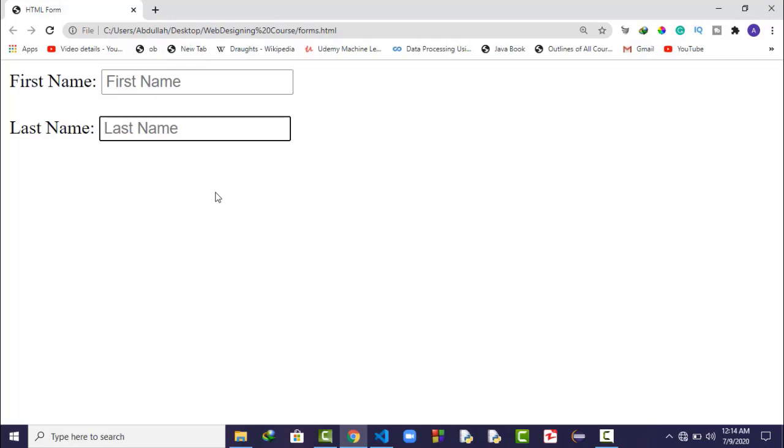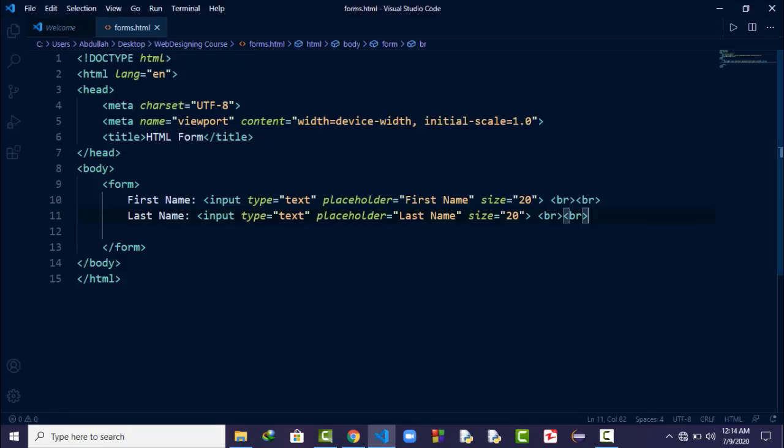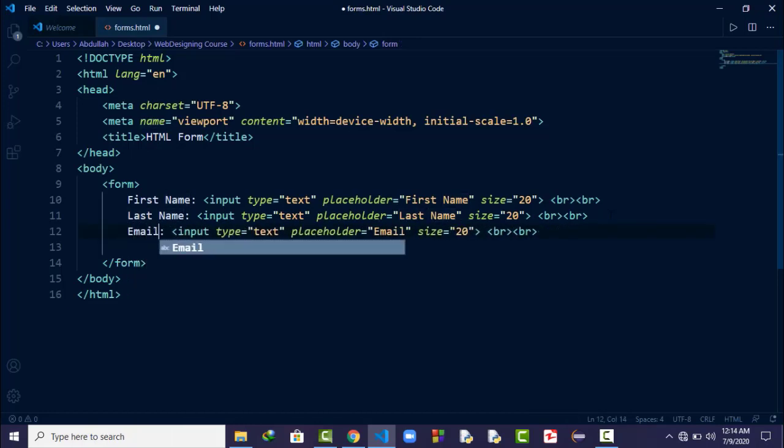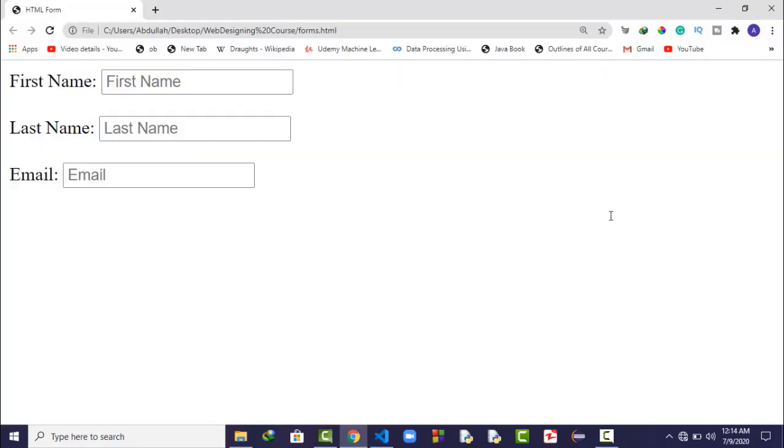Okay. Now after that, we want an email box. So we can copy this and paste it. We just need to change the last name to email, and after that, we want to change this thing to email as well. Okay. I will go back and refresh it. You can see we got the email box. And don't worry about the alignment because we are not focusing on the styling. Instead, we are focusing on the HTML input types. So first we will learn them, and then I will also make a video in which we can create a beautiful and interactive form which will be very stylish.